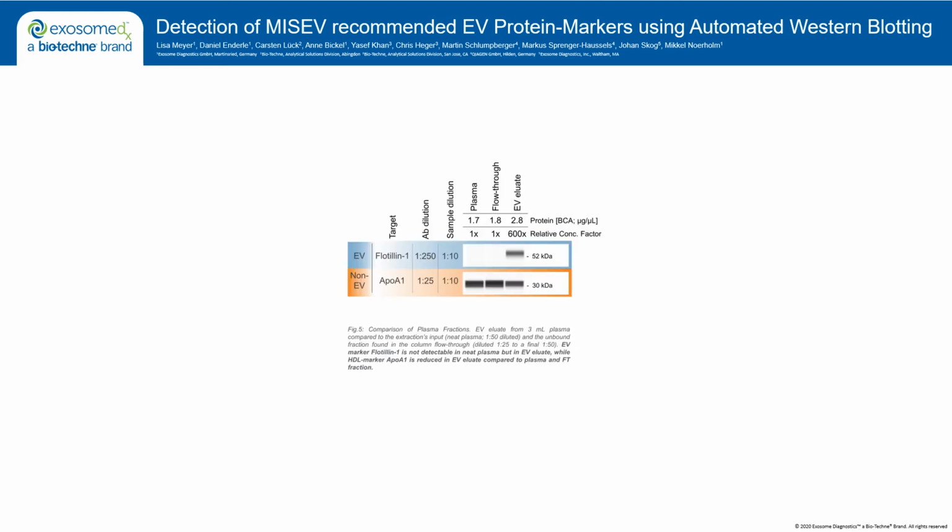In Figure 5, we analyze different fractions of a plasma isolation to take a closer look at the purity of the ExoEasy isolation. Here we show that EV proteins are not detectable in neat plasma, but can only be visualized after isolation. The EV eluate shows an enrichment of EV proteins like flotillin-1 while being strongly depleted for non-EV proteins